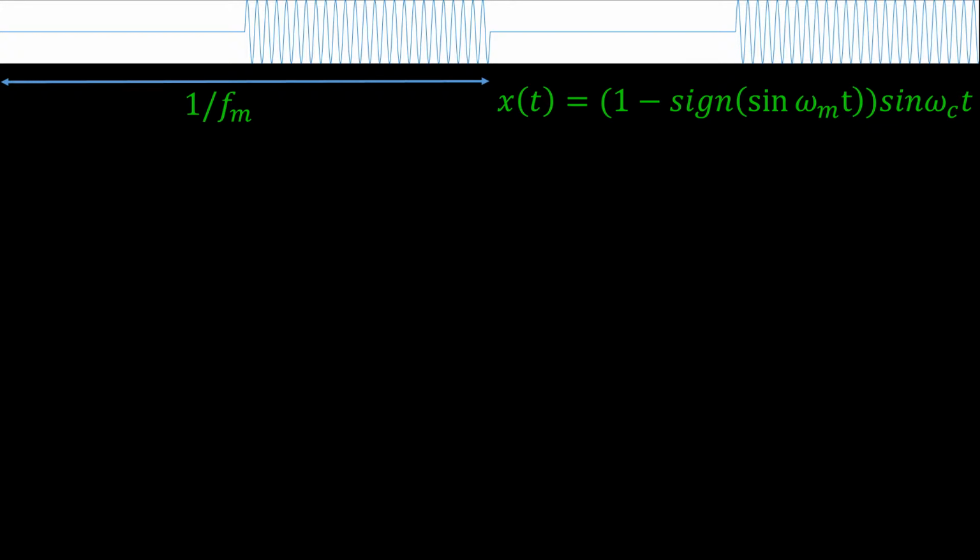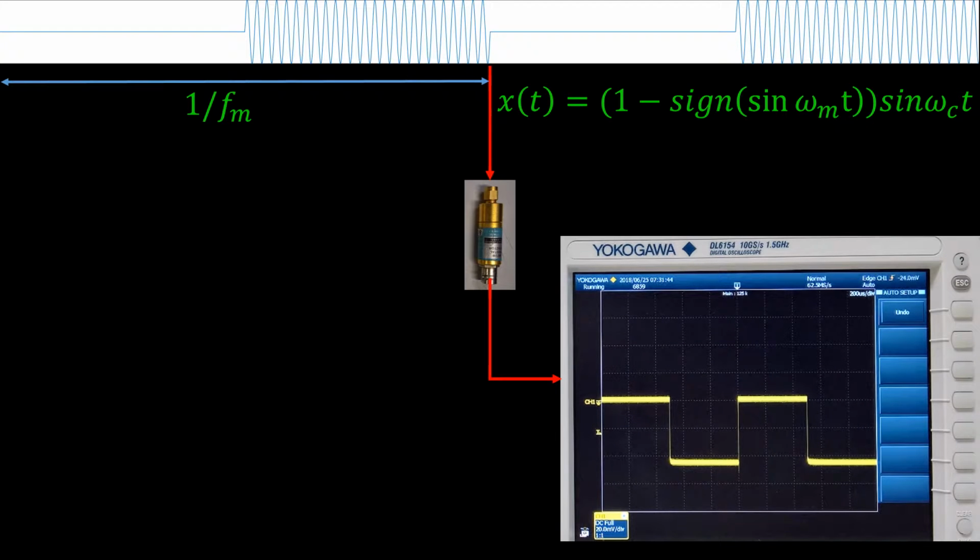I can easily write an equation for this signal with the aid of the sine function. This is very helpful to generate samples of square waves. This signal is indeed a signal modulated in amplitude, where the transmitted message is just a square wave. It could represent a sequence of ones and zeros. If I apply this signal to a detector with the output connected to an oscilloscope, I should expect to see just a square wave. Let us see what happens in real life.